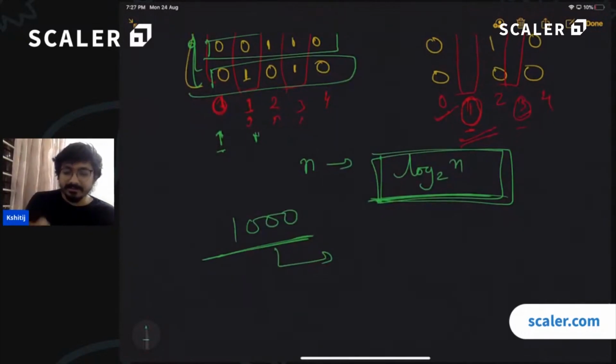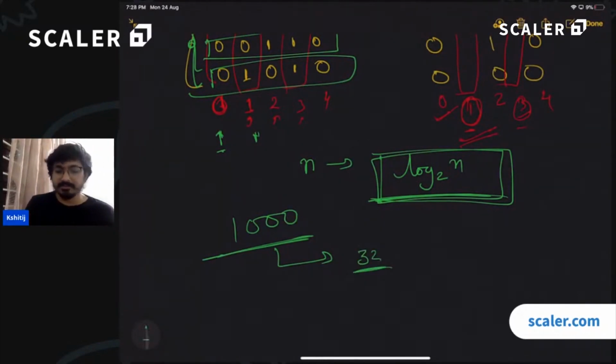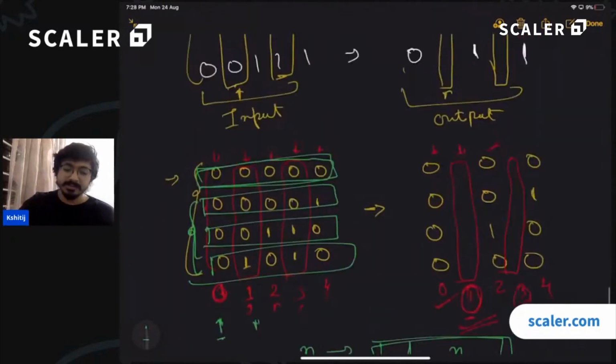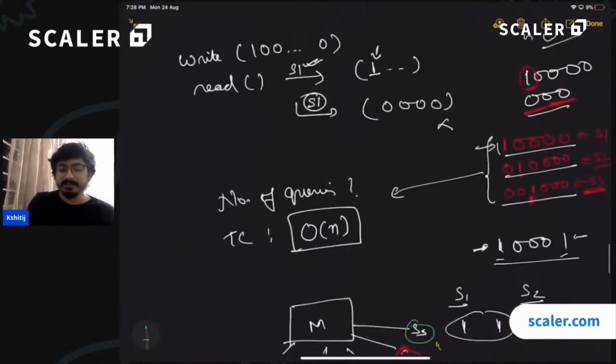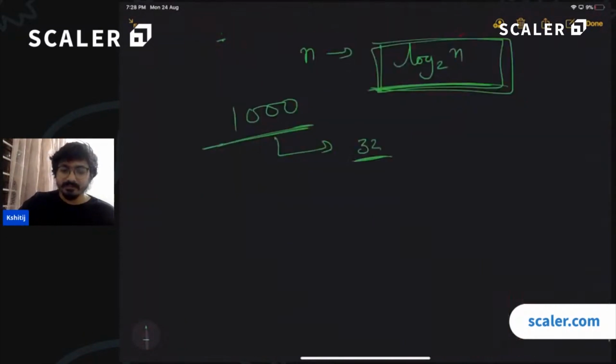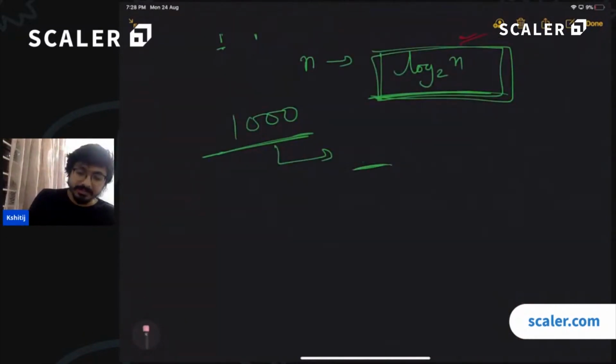If there are 1,000 slaves, what is the number of bits in which we can represent 1,000? We can represent thousands inside 32 bits, right? So you don't need to send more than 32 queries. In the initial approach, we were sending n queries. That means for 1,000 bits you were querying it how many times? Sorry, for 1,000 bits you can actually do it in